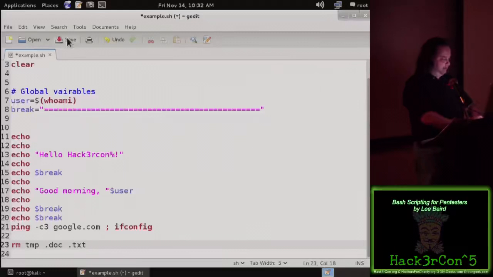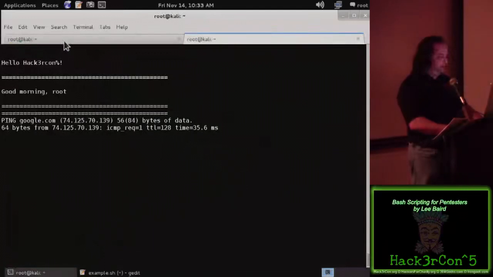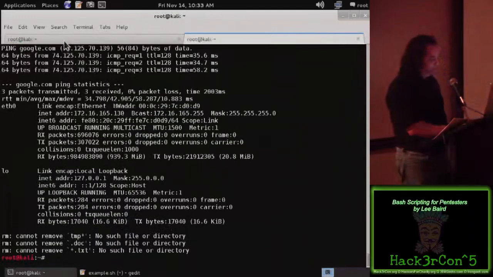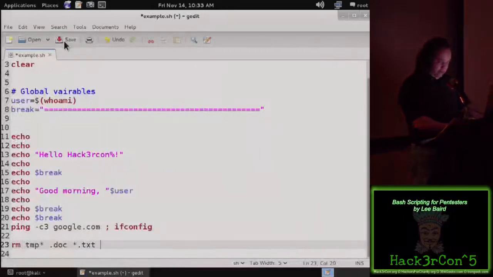You can also use wildcards here. So, for example, if I wanted to do all the .txt files, I can use that. Again, we'll run. We should get some errors at the bottom. So when you're running this file, you want to try to suppress these errors and keep that nonsense away from the user. So what you can do here is,